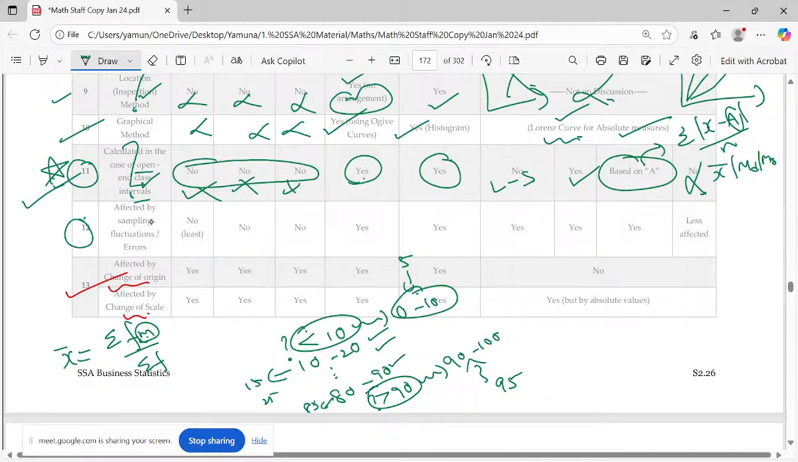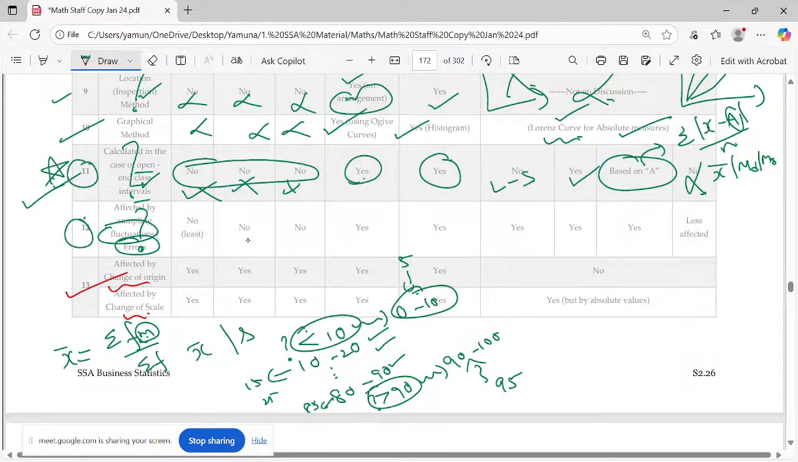12th one, is it affected by sampling fluctuation or error? See, we are not talking about population. So far, we are using X bar for arithmetic mean, small s for standard deviation, which means we are completely talking about sample. The population is there, and from that I'm picking out the samples. Probably that may be 100 in number, 1000 in number, lakhs in number, that you need not worry, but that's a sample. So when I talk about sample, there may be some sampling fluctuations happening